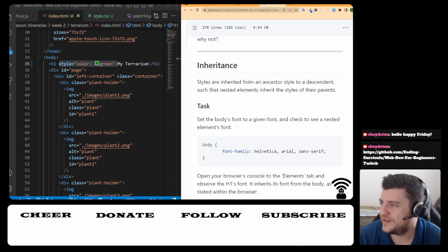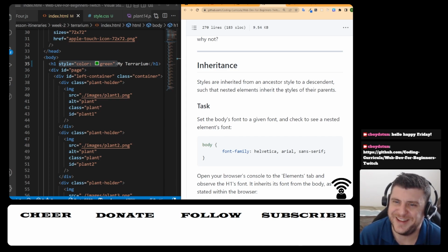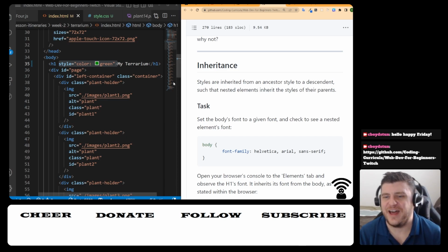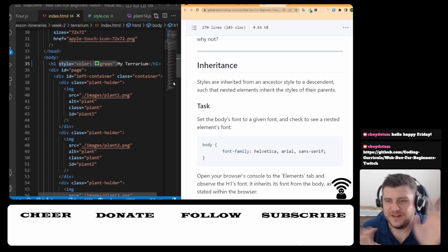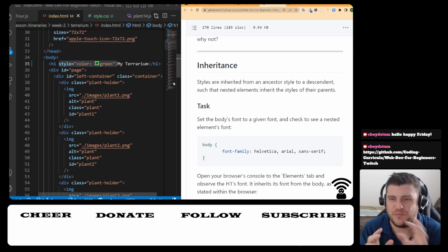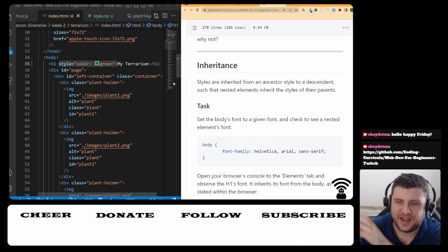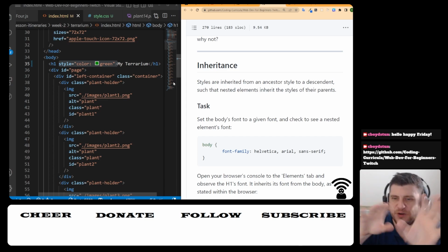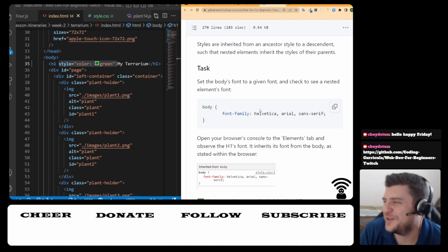Styles are inherited from an ancestor style, such that nested elements inherit the styles of their parents. Think of it like you're trying to make a web page, but something gets an inline style, a little mutant, and it tries to run away, and you've got to hop in there and style it back in. Anyways, set the body's font to a given